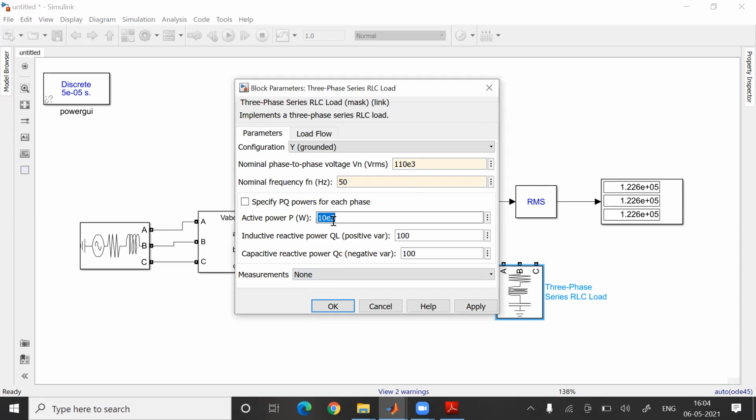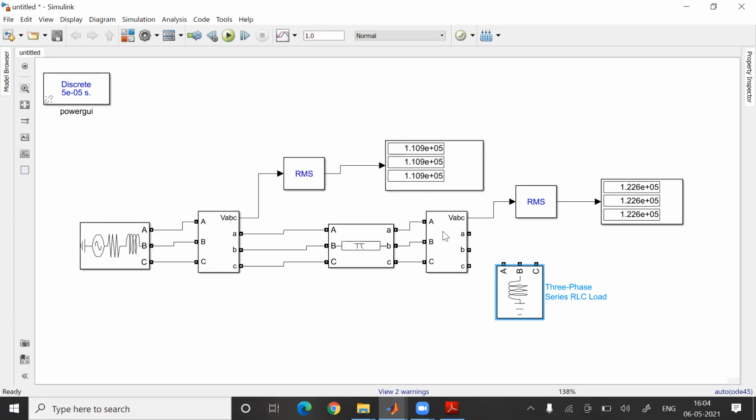So we'll make this as 0, make this as 0. We'll let it keep this and let's see what happens. We'll connect this, this, this. Okay, let's run.